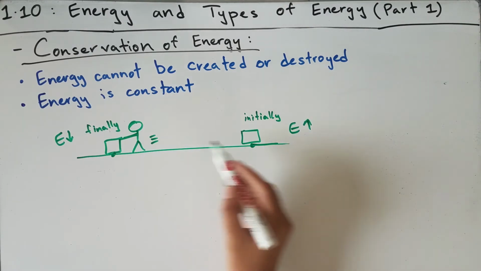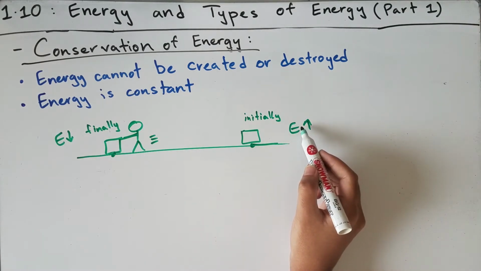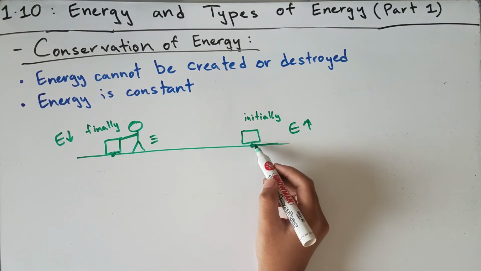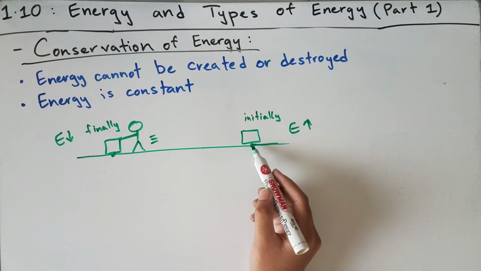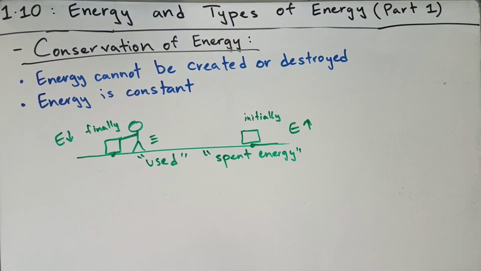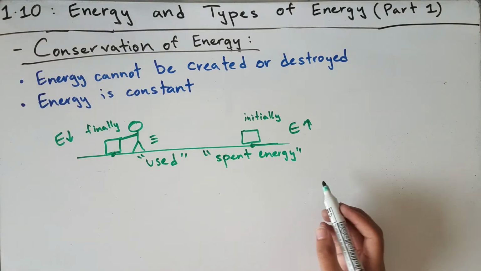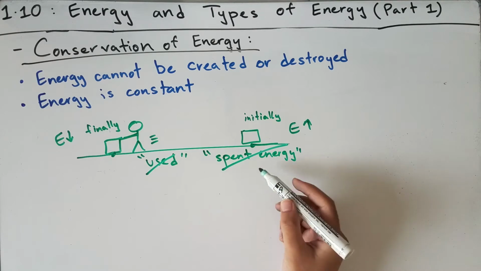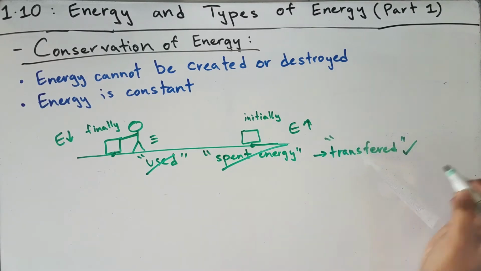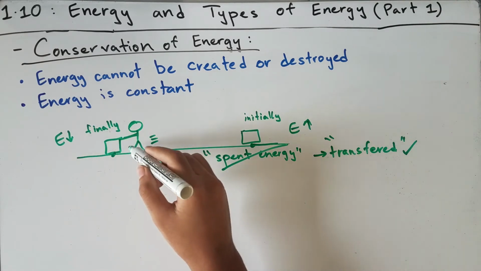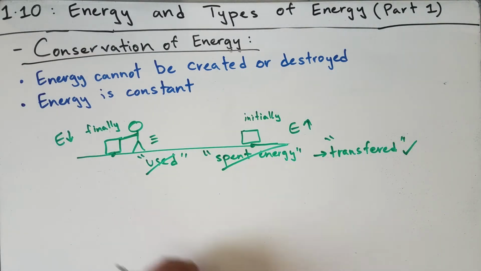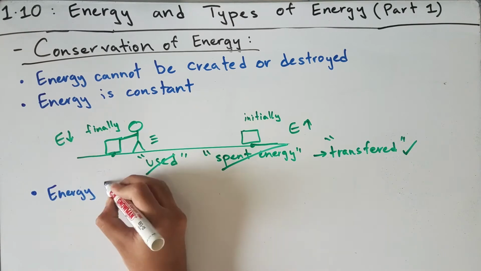In physics, when you push that box, the energy from your system will be transferred to that box so that that box can be in motion from this point to this point. In other words, your internal energy has been converted to the kinetic energy, which pushes that box all the way here. So the terms like used energy or spent energy in order to push that box are not really respectable terms in physics, because energy is not spent or used. It's in fact transferred. And this is the correct term to use when talking about energy, because energy is always constant. The total energy here was equal to the amount of energy that's in your final state after pushing that box. So another clause of conservation of energy is that energy is transferable.